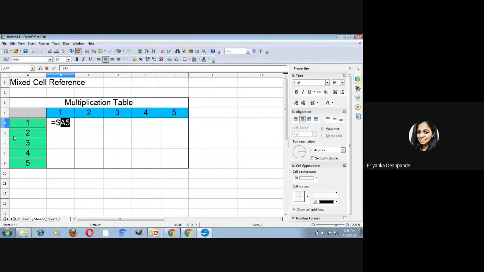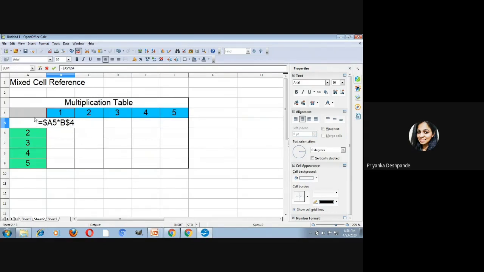Only column is fixed, not rows. Into cell B4, and now in front of 4, that is in front of row, I am going to use what?